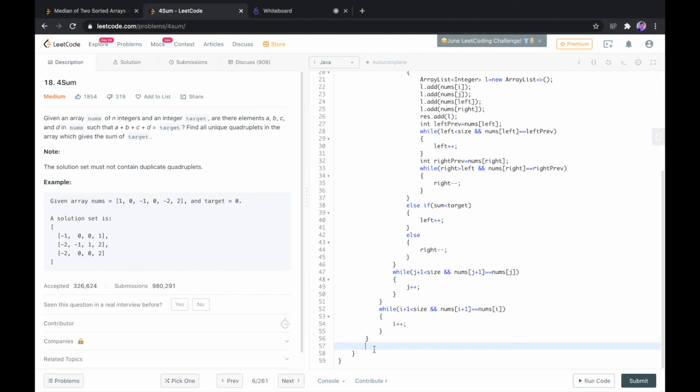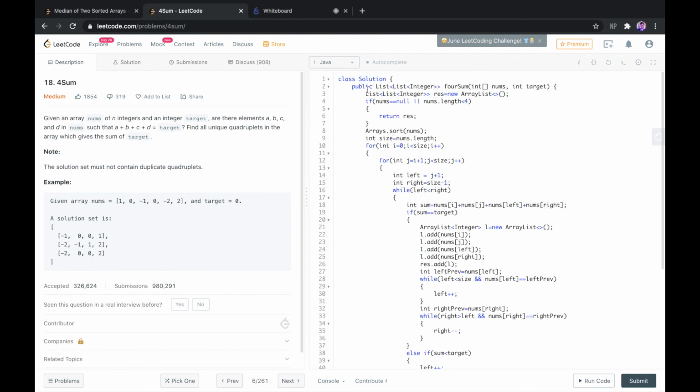Now what we would do is we would return the resultant array of array list that we had created in the beginning.